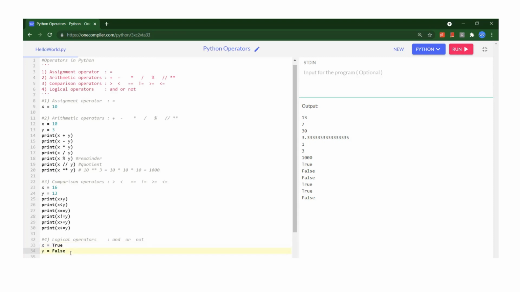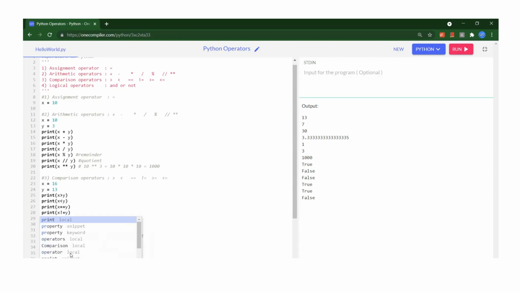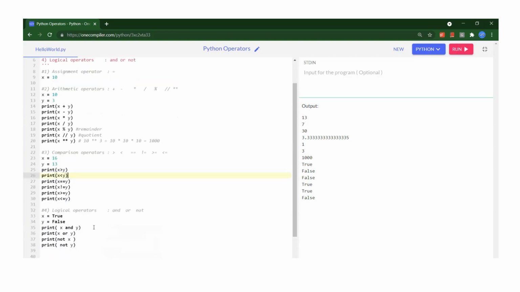Now we want to apply these operators. Simply we will use print x and y, print x or y, print not x, and maybe print not y also here. Now if we see this input, it is checking some conditions.